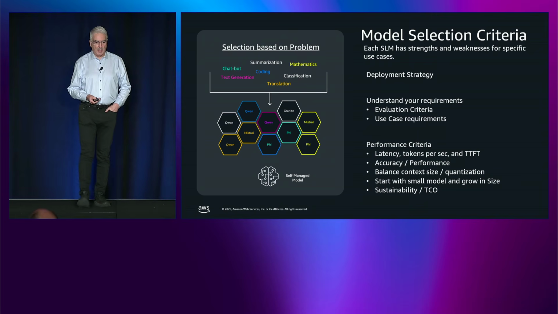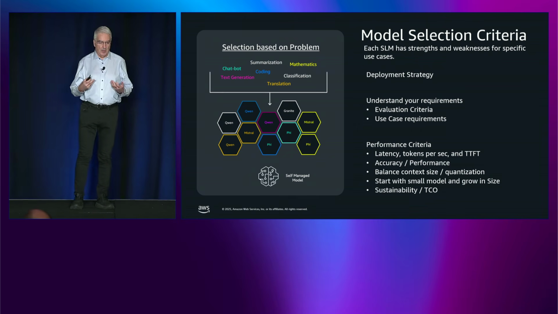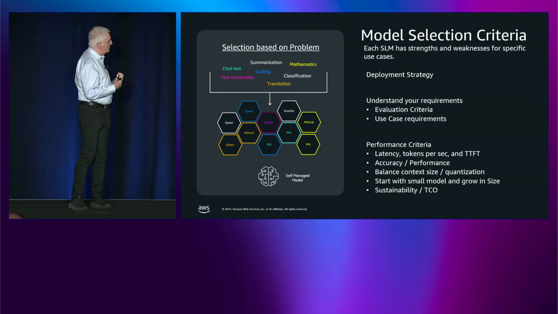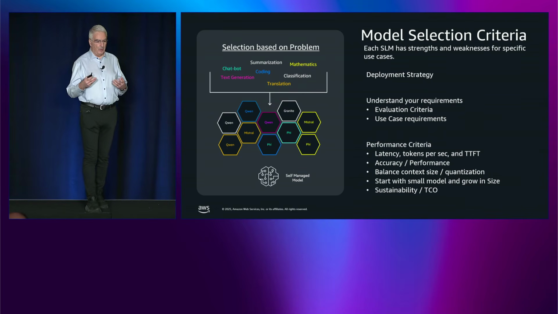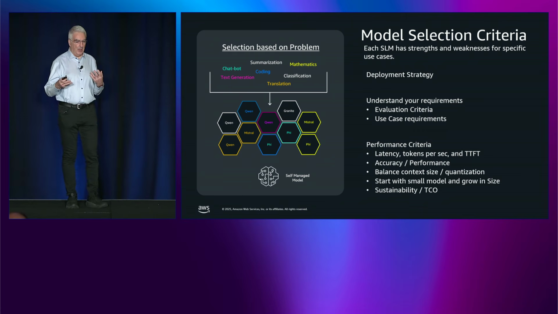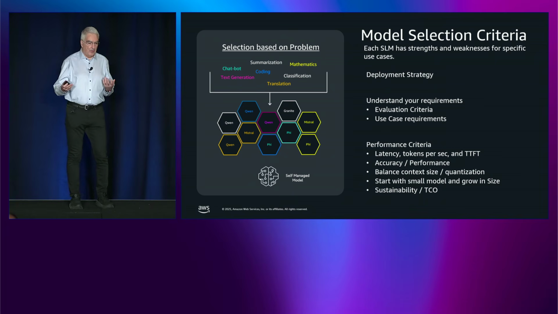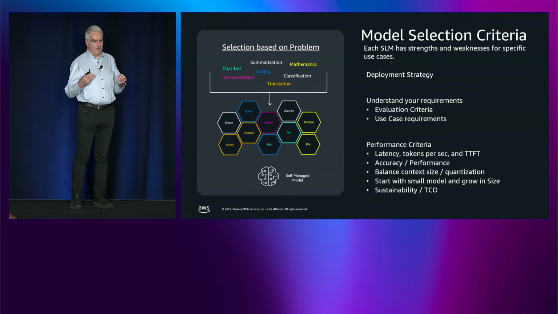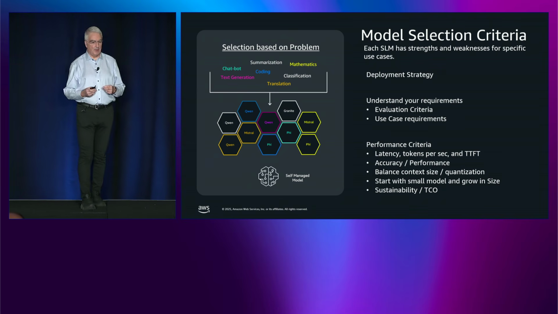So the first thing to think about when you're entering this engagement is the model selections. How do you actually pick a model? What we found, looking at the left of the slide, is each model is strong at different things, especially if you go down to small language models, where we define a small language model as less than 10 billion parameters. We've actually found that certain models like Mistral and Phi are really good at mathematics. Qwen is very good at text generation, etc., but also very good including specific languages and specific domains.